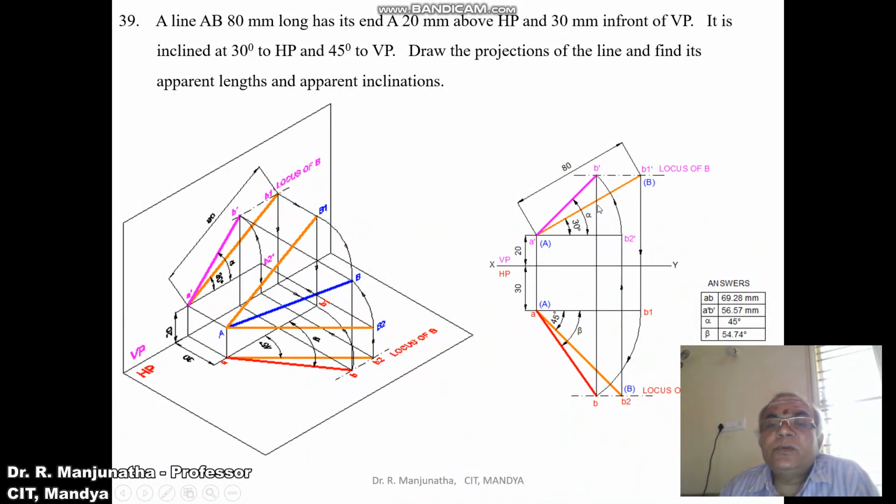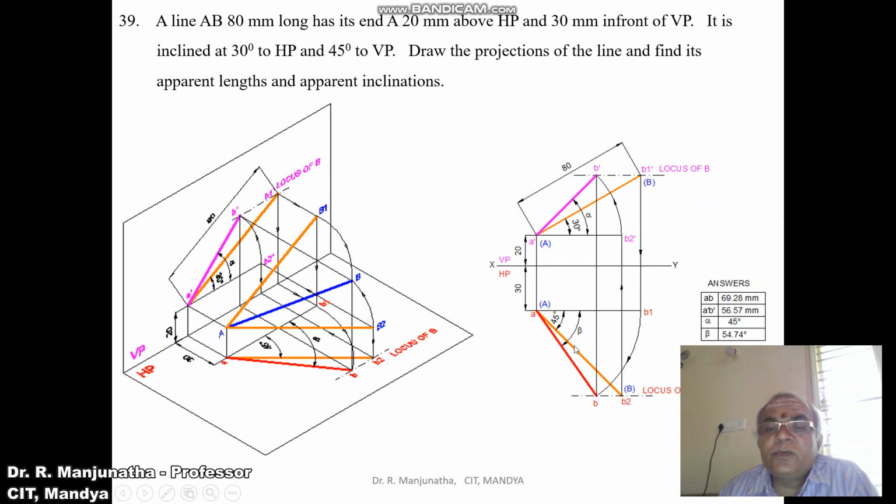When you see, this is the true length in the vertical plane. So the true length in the vertical plane means the line has to be parallel to VP. The line has to be parallel to VP means when you look from the top view, we can see that the line AB1 is parallel to VP. Therefore, you are getting the true length in VP. Similarly, if you want to find the true length in HP, you have to see in the front view. That means the line has to be parallel to HP. You can see A dash B2 dash is parallel to HP. Therefore, you are getting the true length in HP.